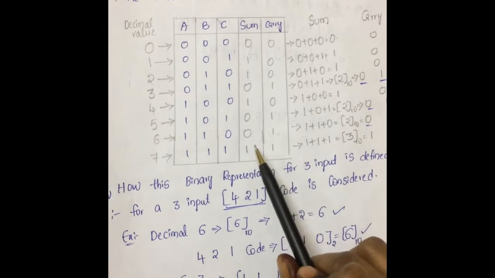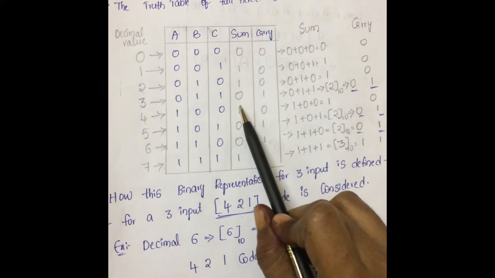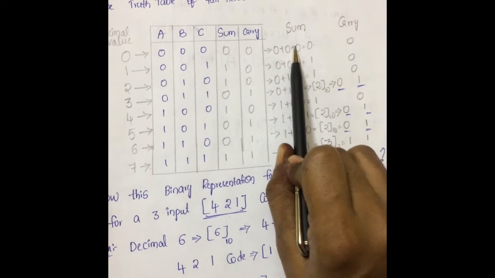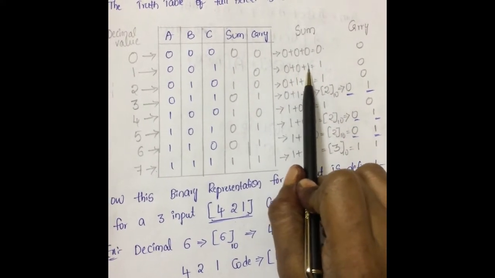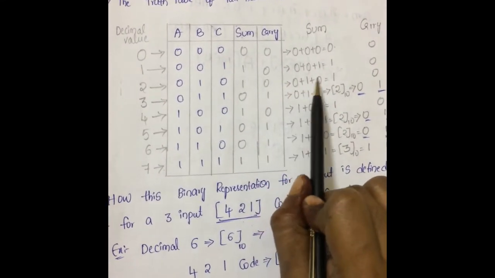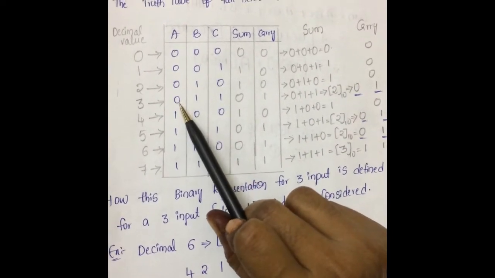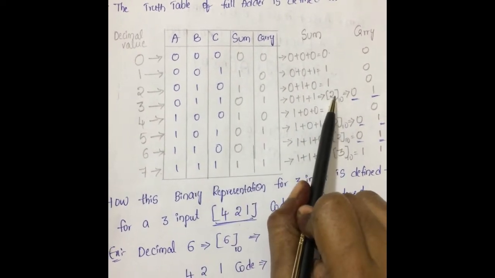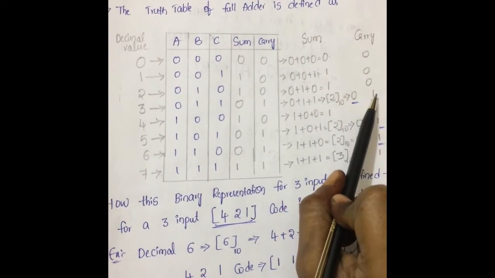Now we'll see the sum value for the full adder. The half adder we have seen. In a similar manner, for the full adder also we can discuss. So 0 plus 0 plus 0 is 0. So sum 0, carry is 0. Now the second possible condition is 0 plus 0 plus 1. That is 1, so I have written 1. The next possible combination is 0 plus 1 plus 0. Sum is 1, carry is 0. Next, for decimal value 3, 1 plus 1 means its value is 2. Decimal value 2 we have already seen for the half adder. So sum is 0, carry is 1.